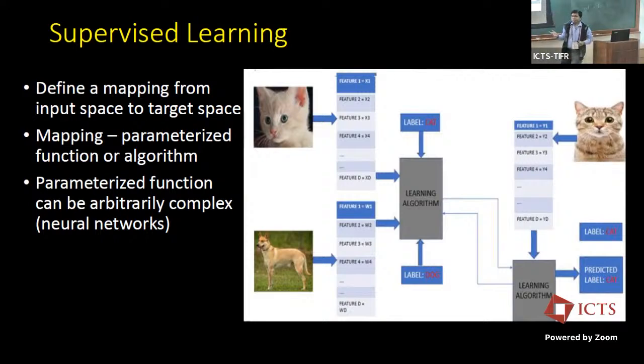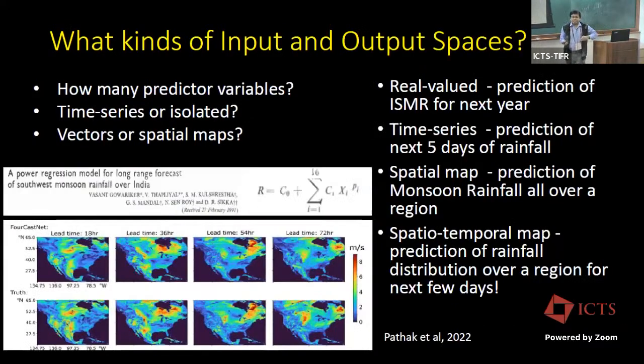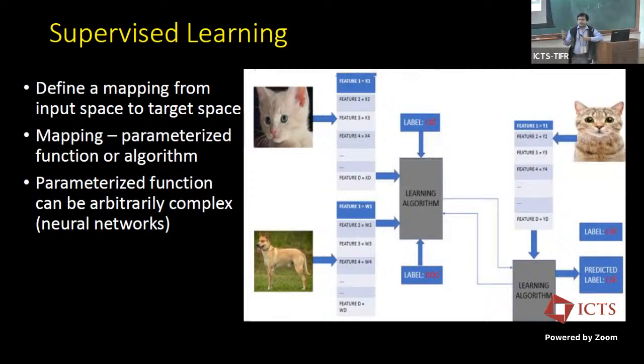Now, what is the nature of that function? It can be a parameterized mathematical function, like some kind of linear function or sigmoid function. Or it can be something which cannot be expressed as a mathematical polynomial or something like that, but is simply a set of steps of some algorithm which you follow. Let's say each of those features you compare with some threshold, do some logical operations like AND or OR, and somehow reach an answer.